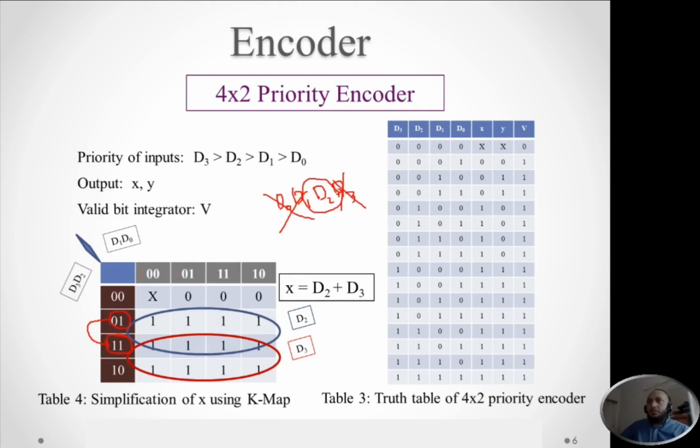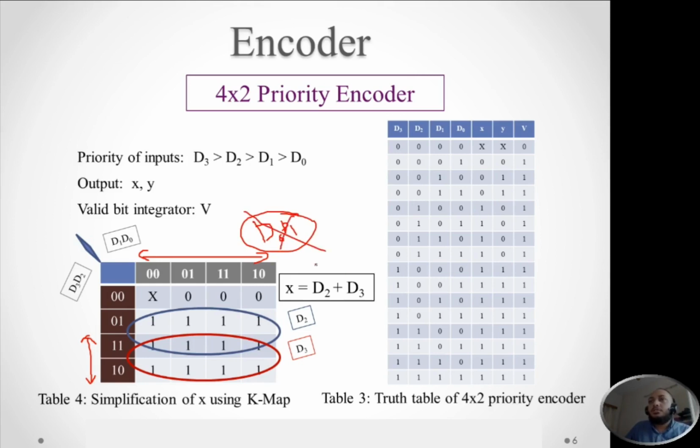So for the blue group only D2 remains, because if we look at the two rows here, we can see that D2 remained 1 in the two rows, so we will write only D2 for the blue group. Similarly, the red group covers all the 4 columns and these two rows. We have seen earlier that the blue group also covered all the 4 columns, and for the blue group we didn't write D0 and D1. You know why. So we also won't write D1 and D0 for this group.